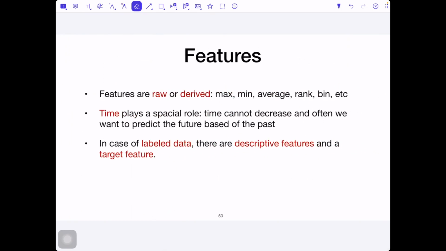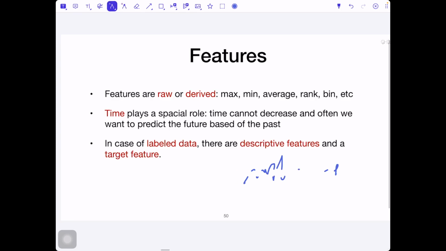Features. If we look at the features, at the columns, then they can be raw. They can be directly observed, or this type of data can be entered by people, or they can be derived. For example, if we have data such as a signal, then probably we cannot put in all these points. We'll just take the mean value and put it as a feature, like 15.